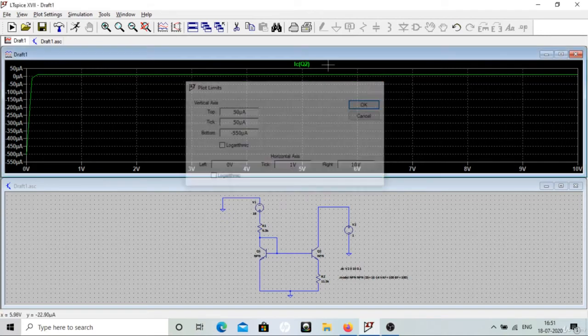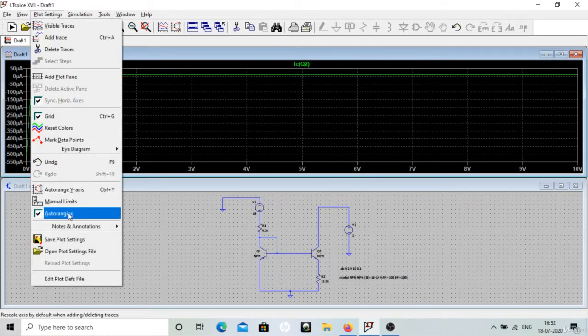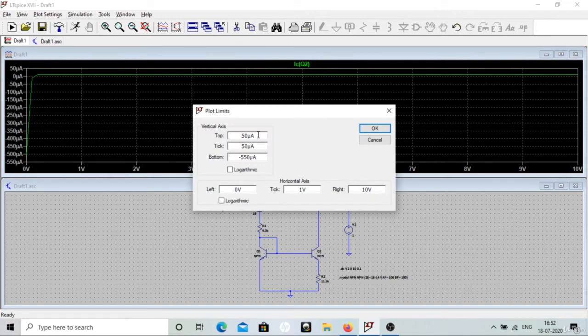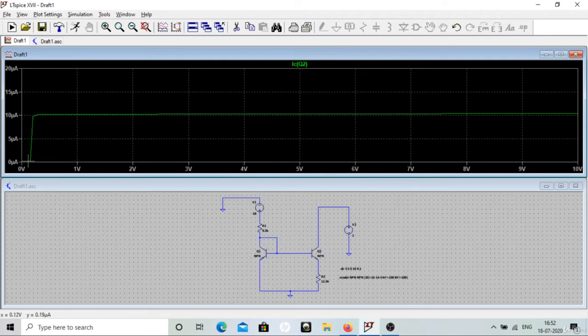If you go to plot settings, you can see manual limits. Top I'll put 20, and the tick difference will be 5 microampere, and bottom will be at 0. This is how you can arrange the vertical axis.